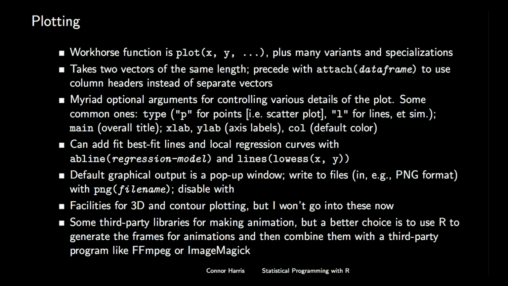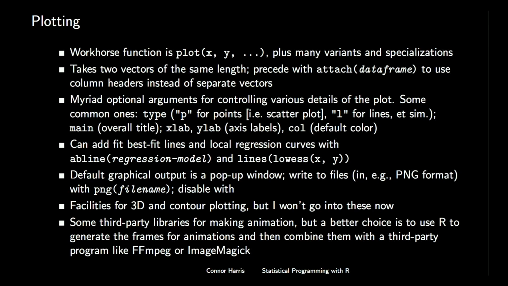Sorry, another typo I just realized: dev.off. If you want to open another graphical device, you can use this function called png or jpeg or a lot of other image formats. And you can write graphs through whatever file name you specify. To cancel that, I didn't write this in the slide, but there's a function called dev.off